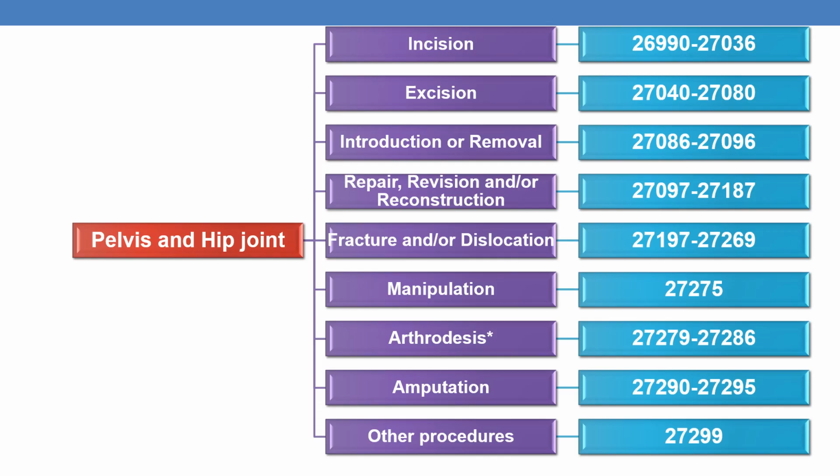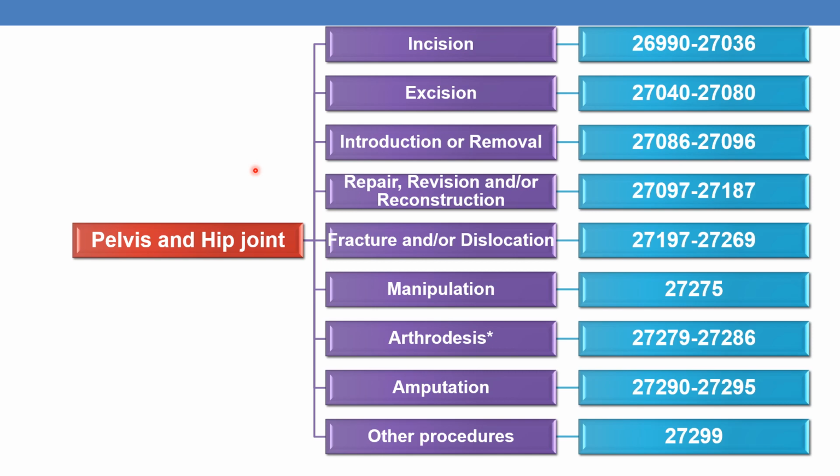The pelvis and hip joint is again categorized into incision, excision, introduction or removal, repair, revision and or reconstruction, fracture and or dislocation, manipulation, arthrodesis, amputation and finally other procedures. The CPT range for incision is 26990 to 27036 and for excision it is 27040 to 27080 and for introduction or removal the CPT range is 27086 to 27096 and for repair, revision and or reconstruction the CPT range is